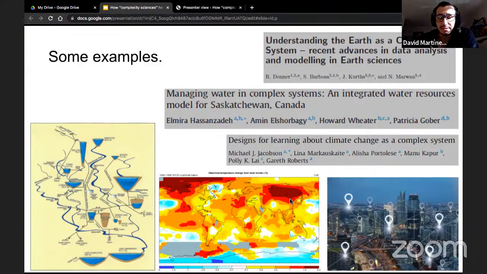Another example is global warming. In fact, climate has been seen as a complex system for a long time. Lorenz equations demonstrated that the climate is a very complex system and really unpredictable.